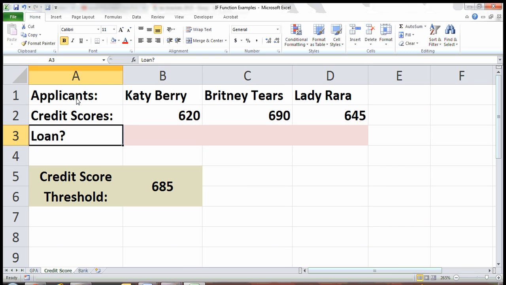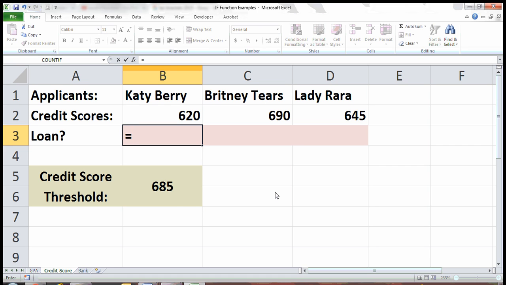Now, example 2 is a credit score example. I have a few applicants for a credit score. These are their names, and these are their credit scores. And they wanted to see if they qualify for a loan. So the threshold to qualify in this example is 685. Now, similar to our last example, we're going to put in a formula, and it's going to be an if function formula. So you hit your equal sign, if